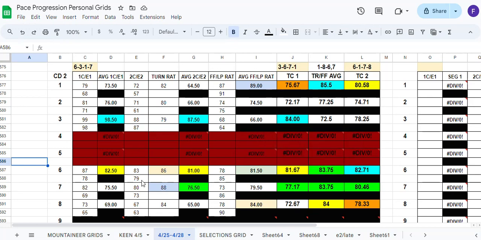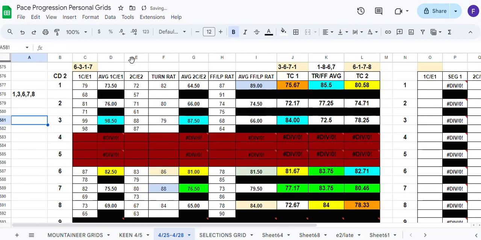Now let's take a look and see what kind of features stand out from these particular horses, and maybe do a 5th assessment outside of these 4 and then rank them that way. So I might go and say, okay, my contenders are 1, 3, 6, 7, 8, because they're all the ones that show up. And now out of these 5, let's take a deeper dive into the past performances,